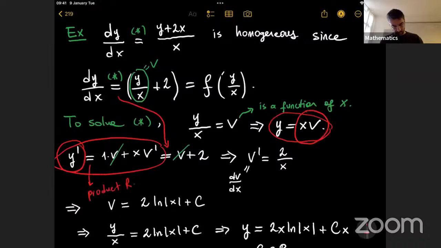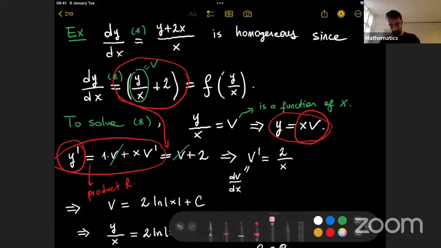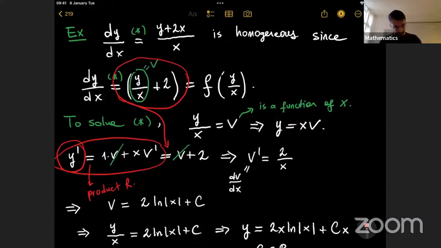Okay, now I understand. Thank you. Yeah, great. And we also use the left-hand side of the equation, because this y prime is equal to v plus 2 in the first equation. So we use this and we get rid of the v's and so on, okay? Any other question? All right,